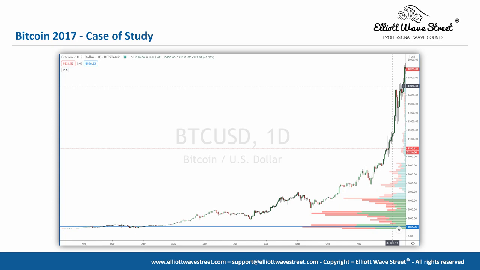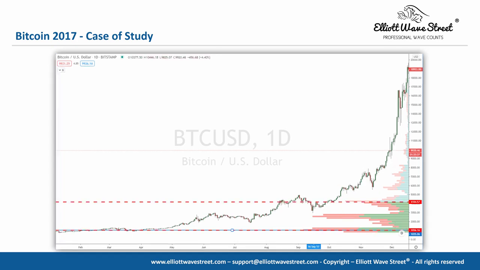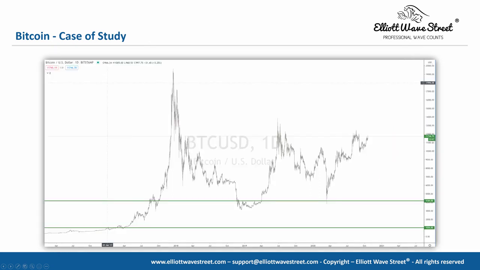So look what happened here. It usually works. And this is the daily chart. Also the profile, I draw here the 70% with these red dotted lines. It's the same thing as the weekly. And look what happened next. It went precisely from those highs back to the value area. It didn't go to the point of control here at the 1,000 area, but it went down here. So if it comes down here, then we can say, okay, it's not ideal in terms of market value, but okay,